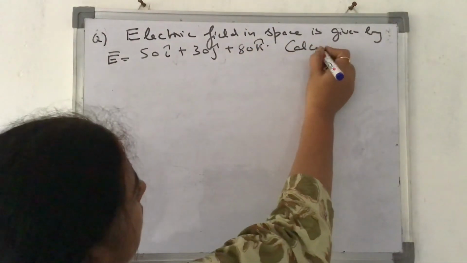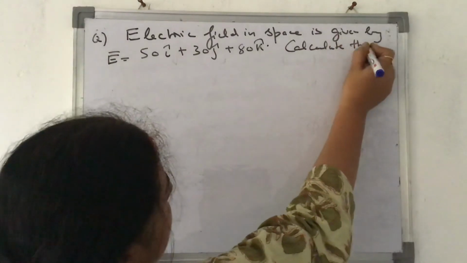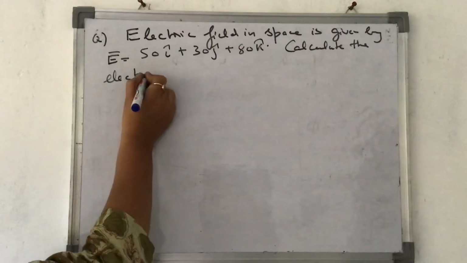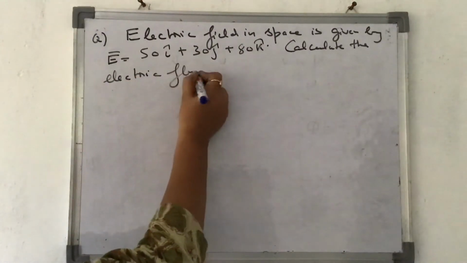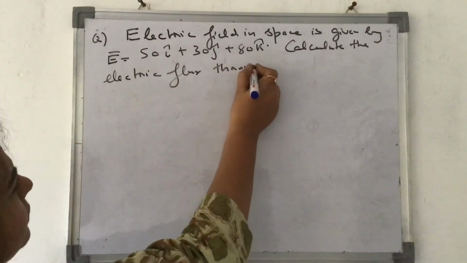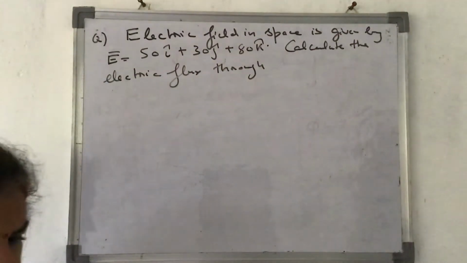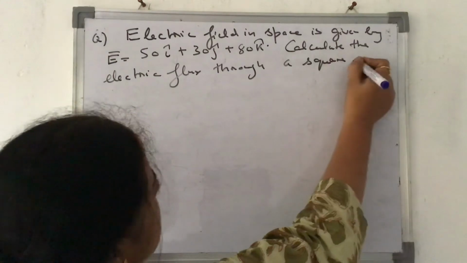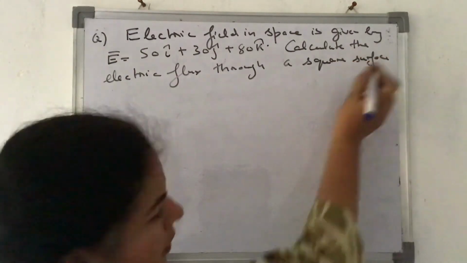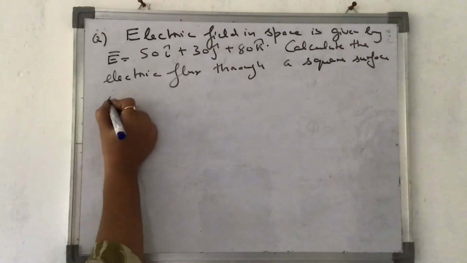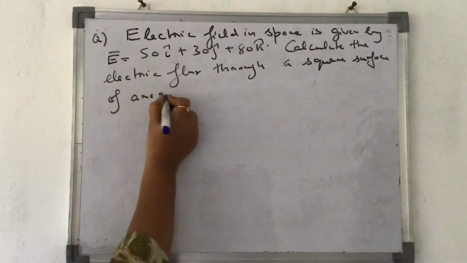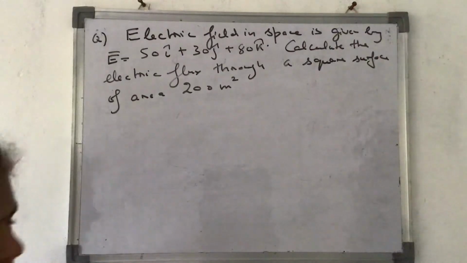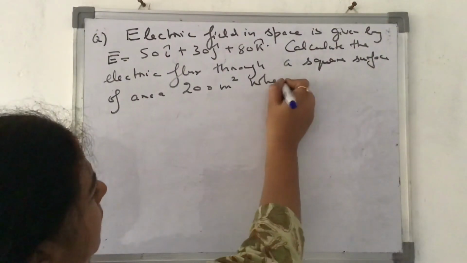Calculate the electric flux through a square surface of area 200 meter square when it is kept